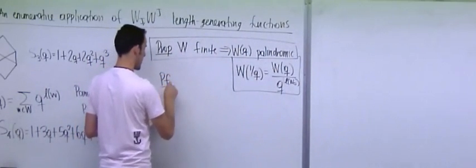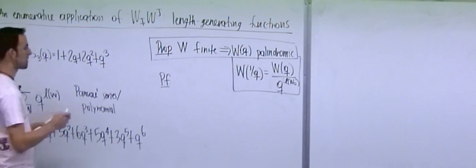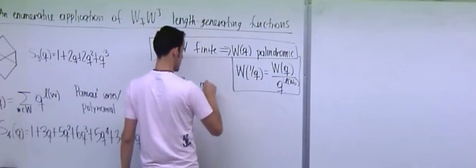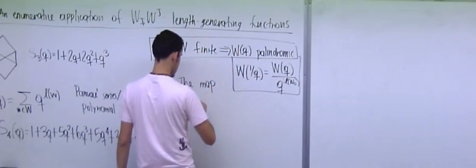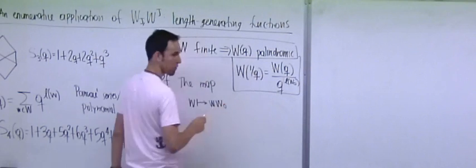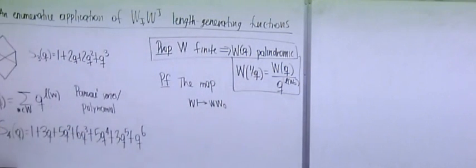So this is not only true for S3 and S4, it's true for any Coxeter group that's finite. And actually the proof is very simple once you know what to do. Because the thing is that we have an operation that takes this poset and flips it upside down. And that is the operation of multiplying by the longest element. Then the map that takes W to W naught, we said that's a poset